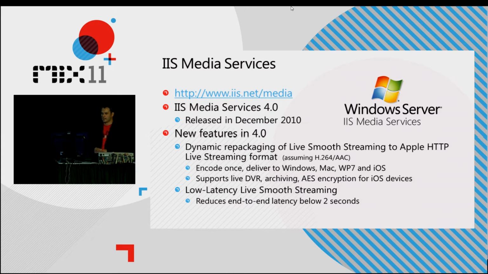the iOS platform. So assuming you're using those codecs, the reason why we can just repackage these streams without actually having to re-encode them is because the only thing that's actually different is the file format in this case. Smooth Streaming uses an MP4-based file format, whereas HTTP Live Streaming uses an MPEG-2 transport stream-based file format. So by simply remuxing, repackaging the video and the audio payload, we can actually go from Smooth Streaming to Apple HTTP Live Streaming without having to re-encode the streams. So encode once and then deliver to either a Silverlight client or to a Windows Phone client or to an